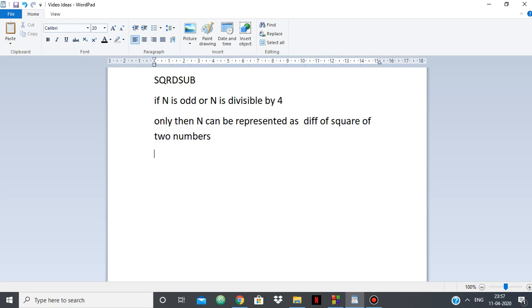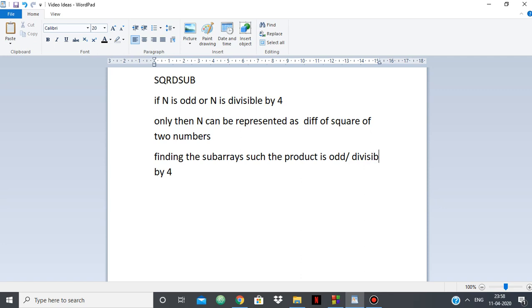That basically boils down our problem, and there's a whole proof of this. You can see it on GeeksforGeeks if you want to, but you should know this: if n is odd or if n is divisible by 4, only then n can be represented as a difference of squares of two numbers. So that boils down our question to finding the subarrays such that the product is either odd